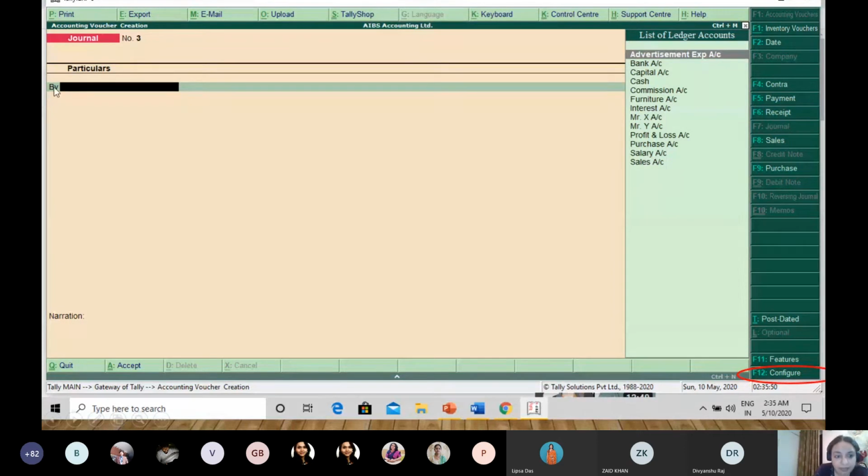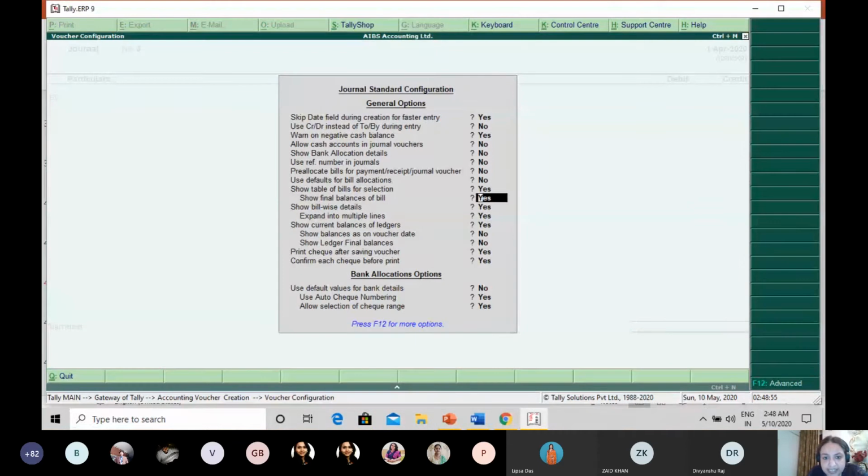Now I want to change this buy into debit. So what I'll do is, I'll go to this bar, that is F12. F12 is the configure button. So I've pressed this F12. After pressing this F12, this is the screen that you would see.